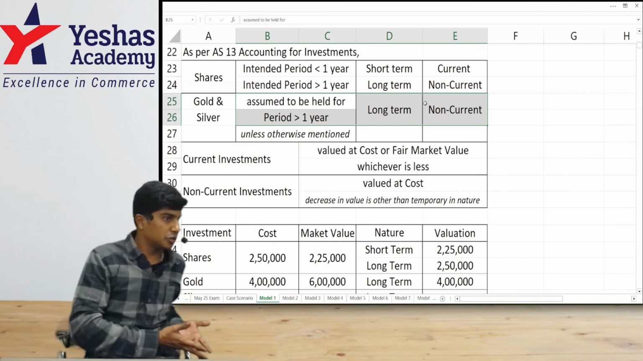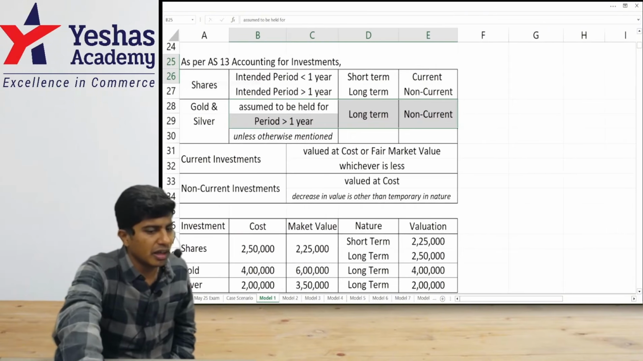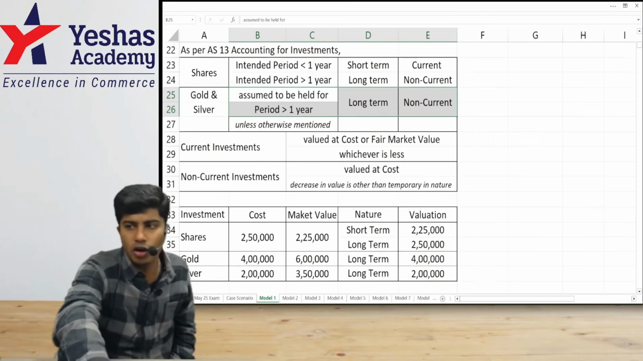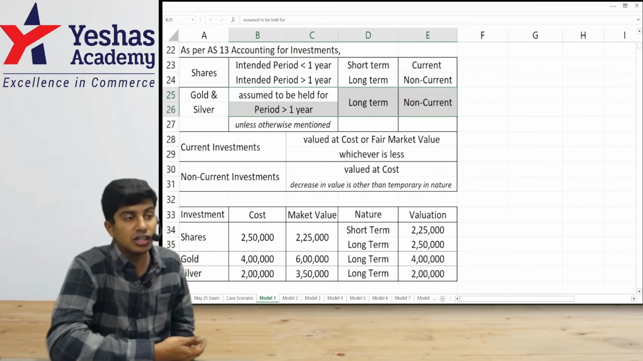Alternatively, it can be assumed to be short term. Usually, that's not the case. And this is the answer, my friend. I've written it in the form of a table, but a lot of people choose to write it in the form of a statement. You can write, as per Accounting Standard 13, investments in the form of shares should be